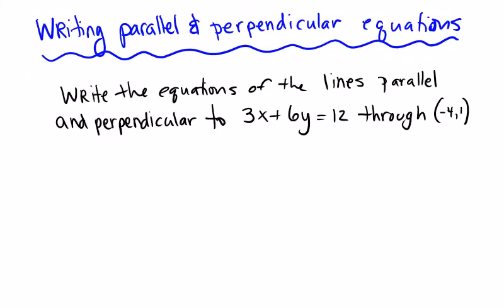Hello. Today is another review topic that is important through all levels of math, especially going into calculus, which includes writing parallel and perpendicular lines. So we're going to write the equations of the lines parallel and perpendicular. That means we need to come up with two different equations. We need a parallel line and a perpendicular line to a given line, and our given line is 3x plus 6y equals 12 through the point